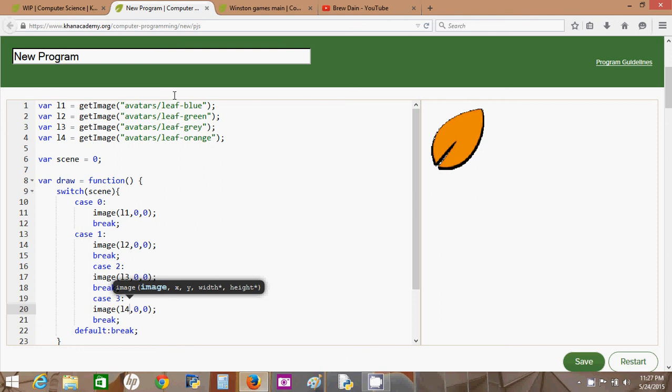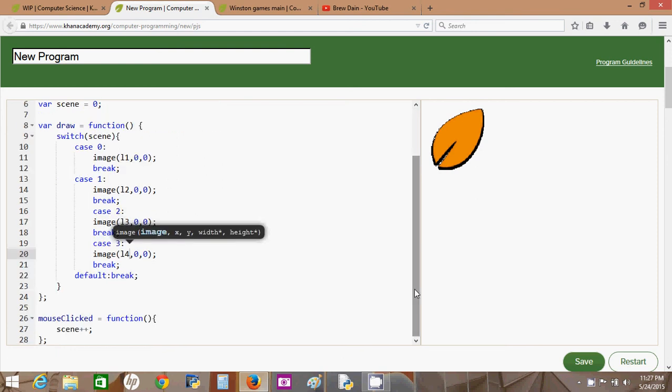And now it's stuck on the orange leaf because I don't have any way of wrapping it around. But that's kind of irrelevant to the tutorial, and just to keep it sweet and short, I think I'll leave it right there. Hope that all made sense, and